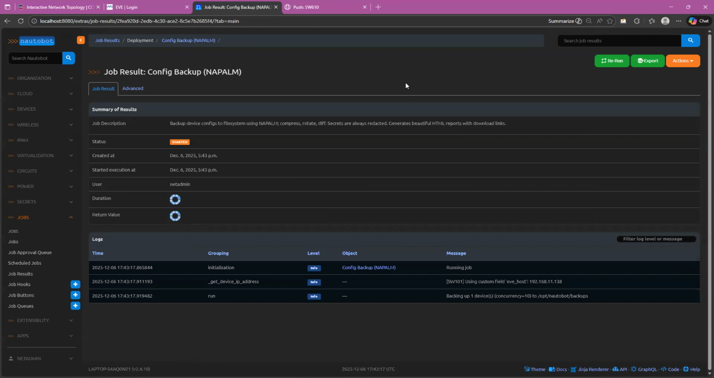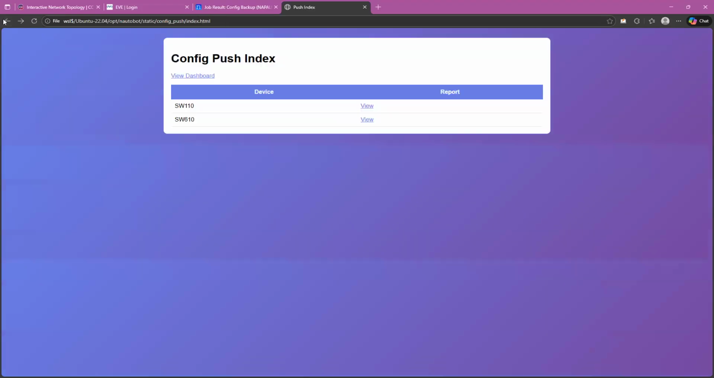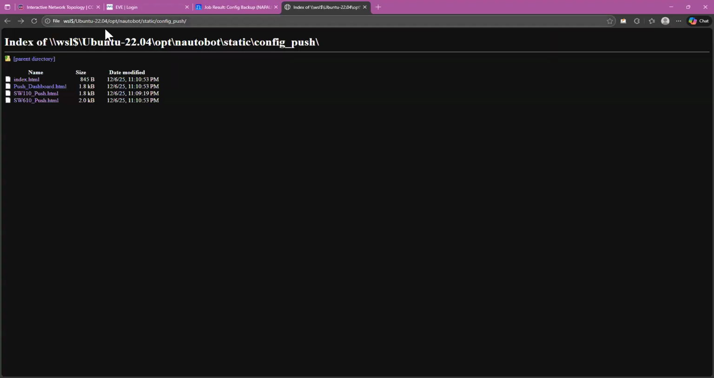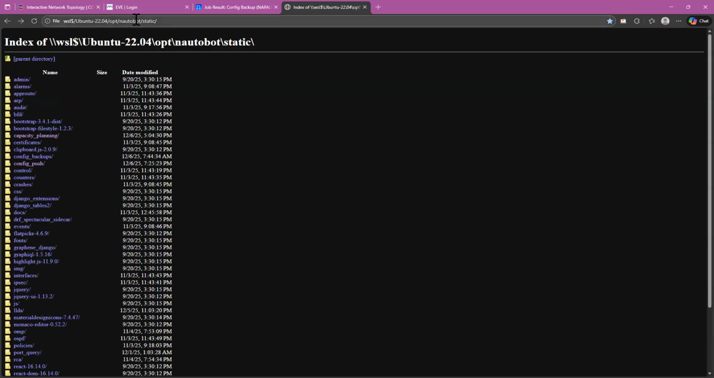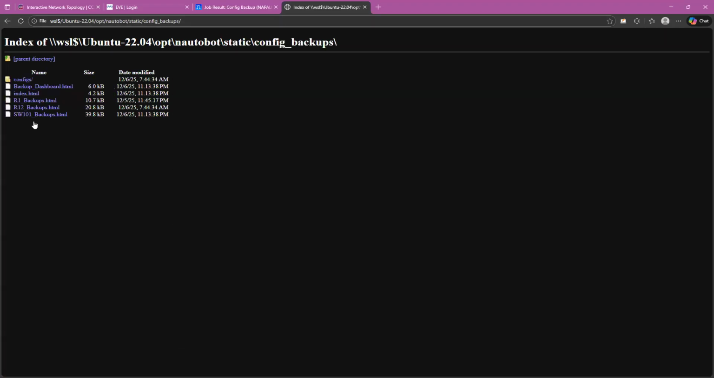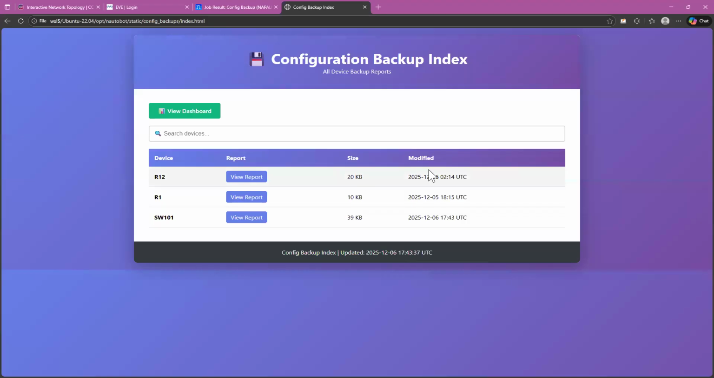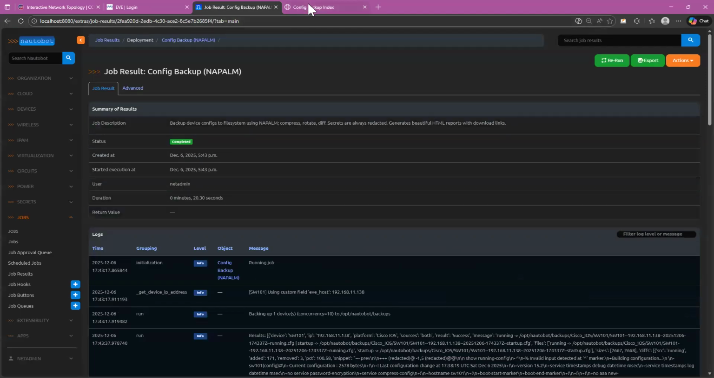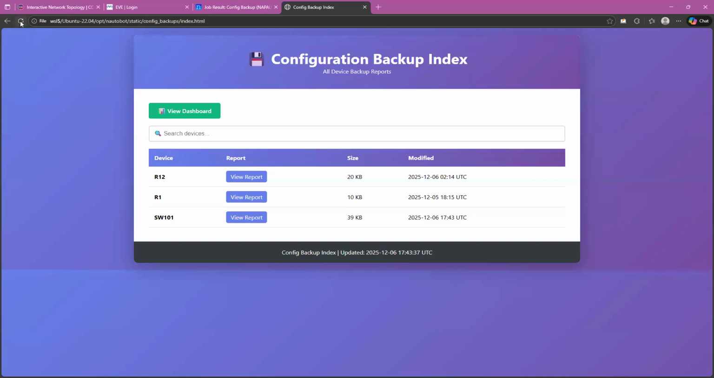First of all, it will try to log into the device. At the moment you can see log into the device is not successful. And then I have created the index. So I can go to static page. There you will see config backups. Index I can go. These are some old jobs. Let me, oh, successfully completed. So now if I refresh this page,